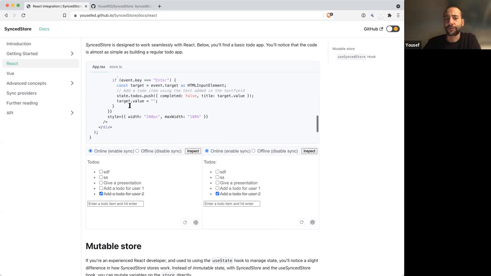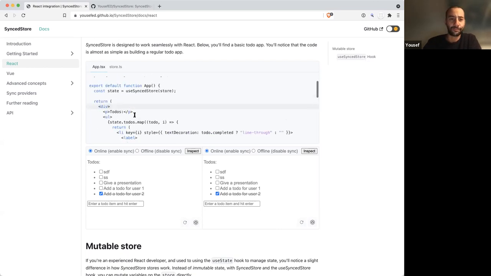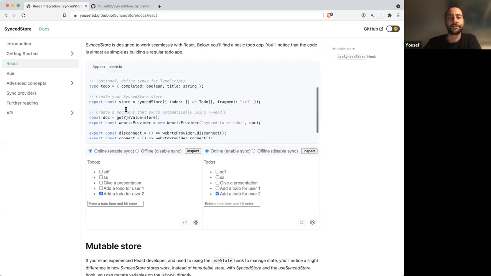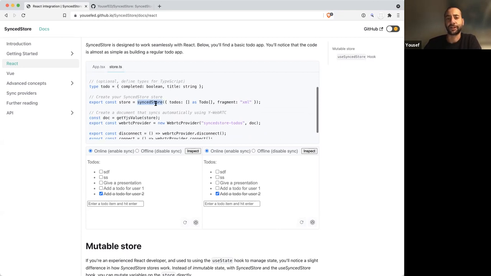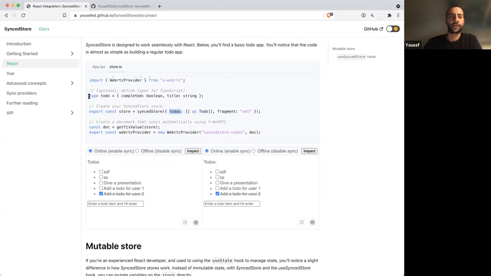So let's have a look what the code looks like. So first of all, how to set up the store. So the main function is SyncedStore. Note that this uses TypeScript, and with the SyncedStore, you basically say, okay, what does the shape of my shared data look like? Actually, in this example, we don't need the fragment, but it only has the to-dos, and the to-dos is data that you want to share, and it's an array of